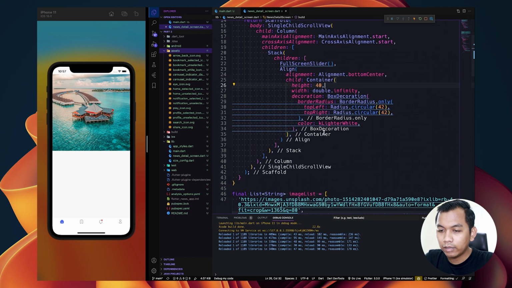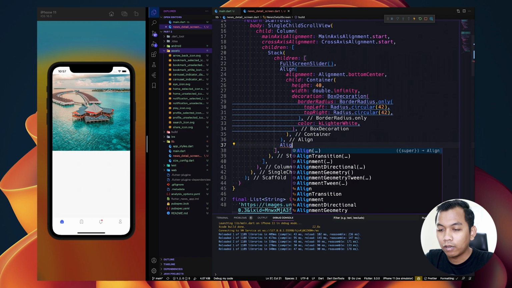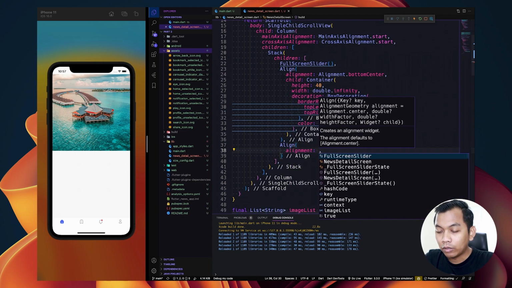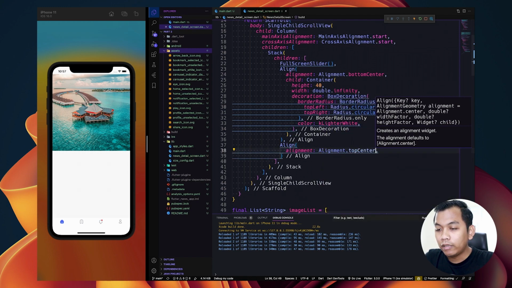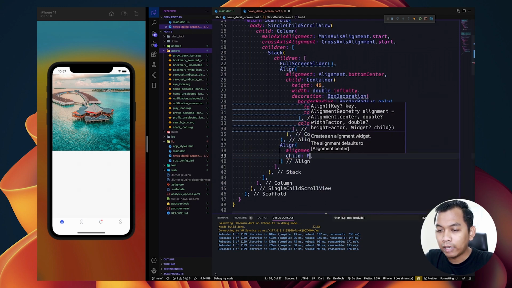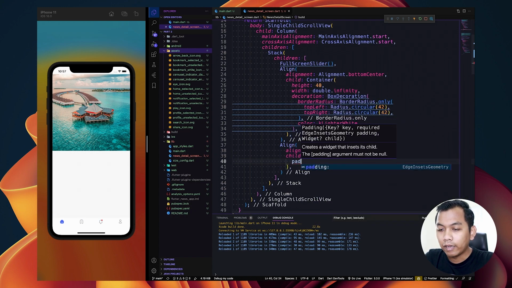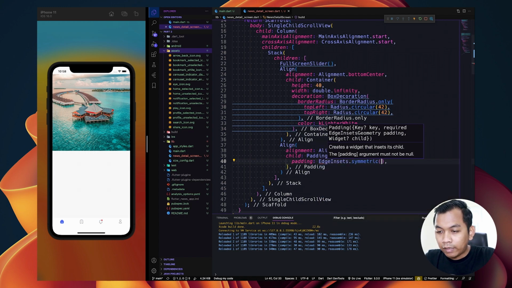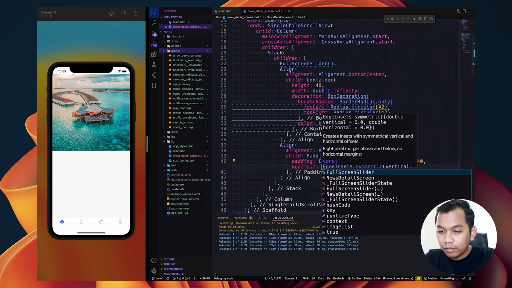And the next step, we need to add another align widget. And for the alignment, set it to top center. And for the child, let's give a padding. And for the padding, let's say symmetric, horizontal 40 and vertical 60.